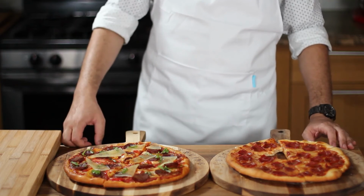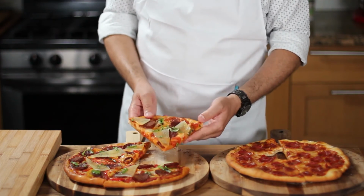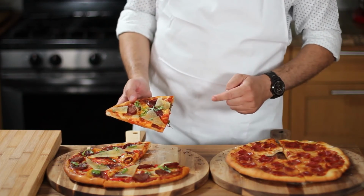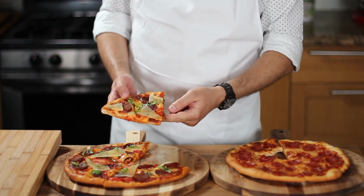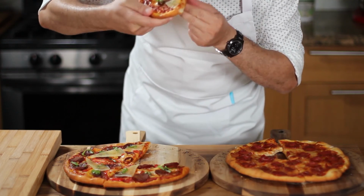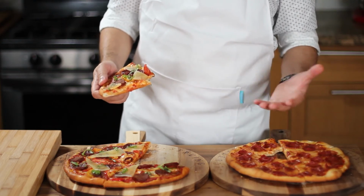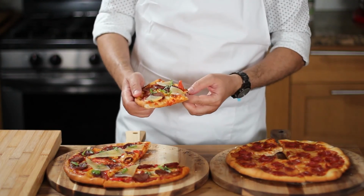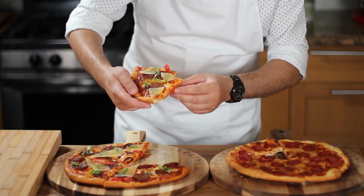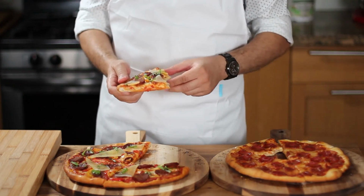Now let me take a big bite of this gourmet chorizo manchego pizza so I can share my experience with you. Are you ready? Look at that. This is so good. The bite I have just taken has everything in it. It has a piece of chorizo, some of the Spanish manchego, a mix of vegetable toppings and fresh basil, all resting